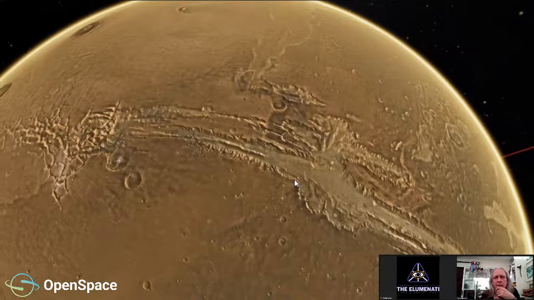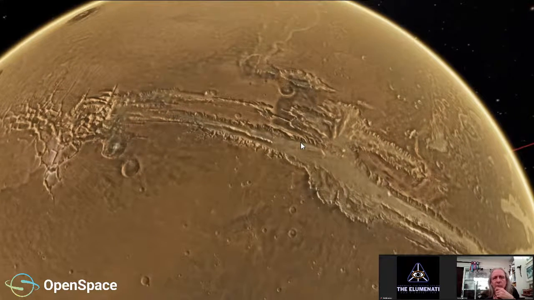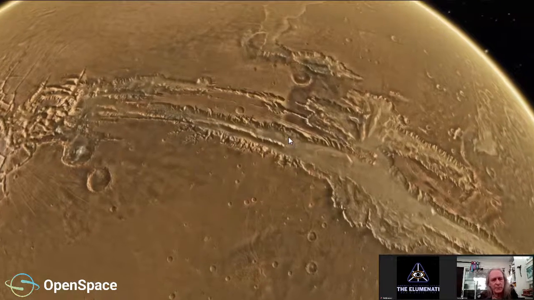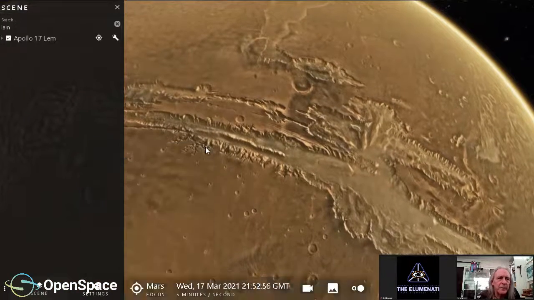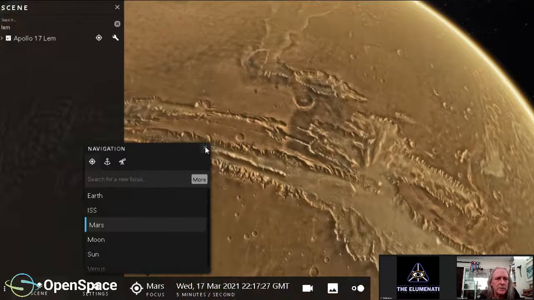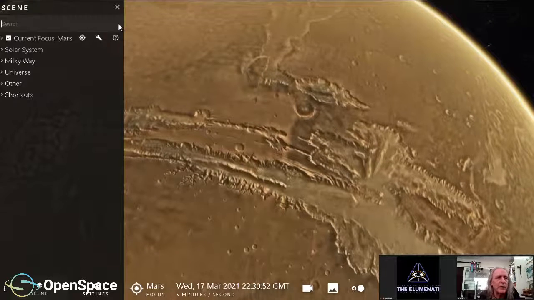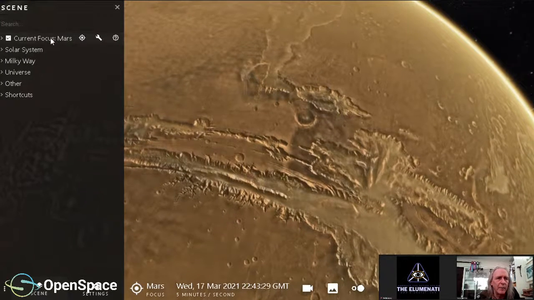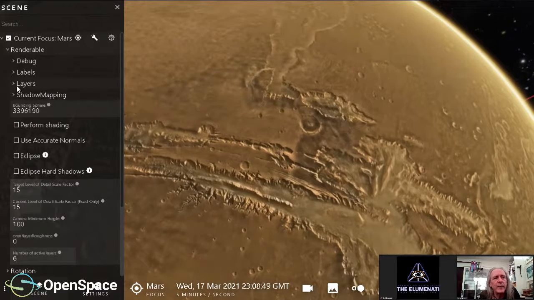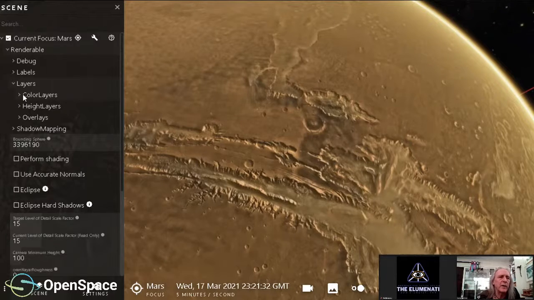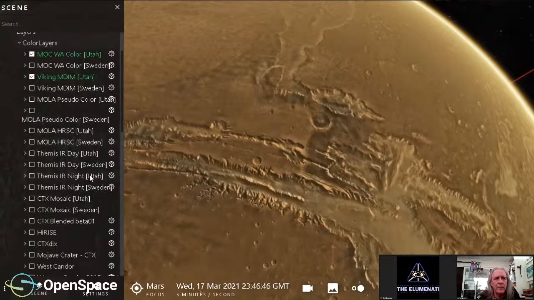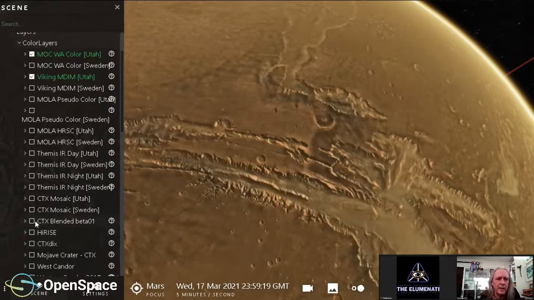What I'll do is now, where the Viking mosaic sort of reaches the edge of its limits, I'm going to bring up here. Okay, I have focused on Mars. Fine. So, if I just close the limb, I'll have Mars. My menu's open to that. My layers, I have image layers here labeled as color layers, and then we have elevation, height layers. Many different things. I'll bring on the blended